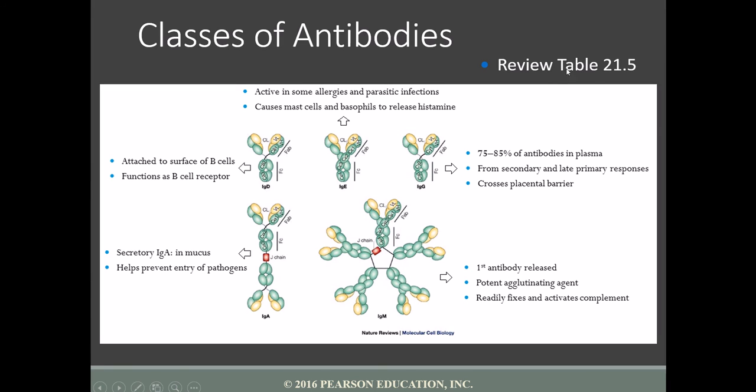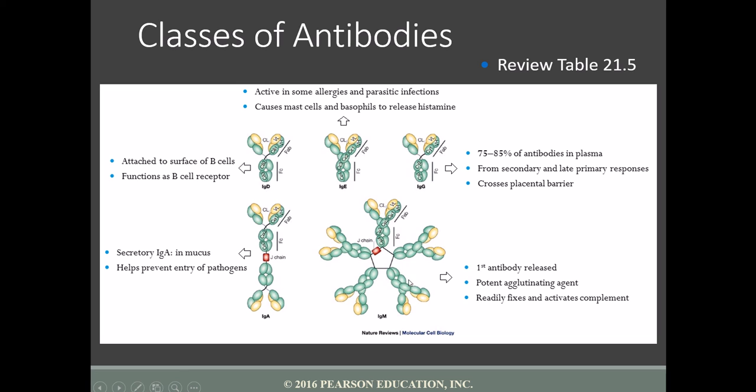So there's a nice little table in your book, it's 21.5. You can review that as well for the functions and locations of these various types of antibodies. We're going to look at a couple. This one here, immunoglobulin M, is huge. For one, it's a pentamer, so you can see 1, 2, 3, 4, 5, and it is the